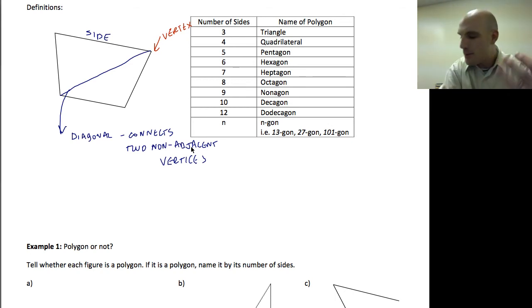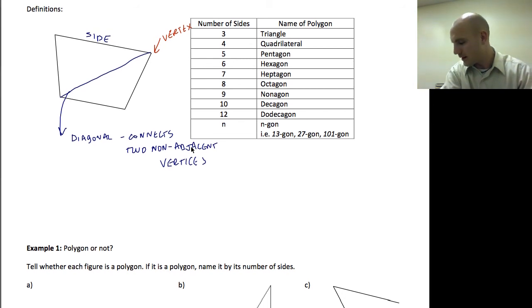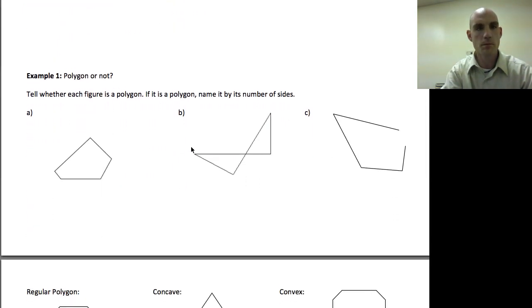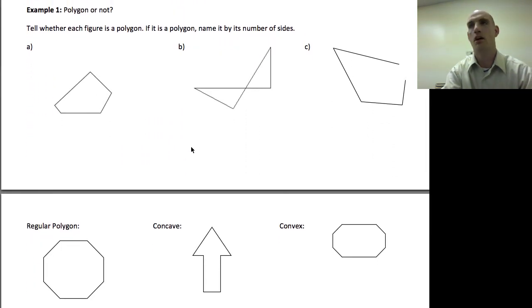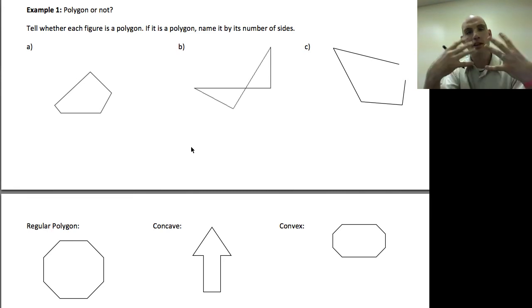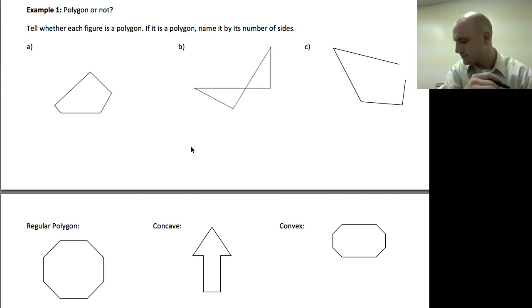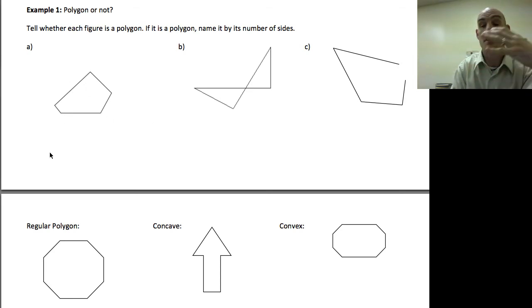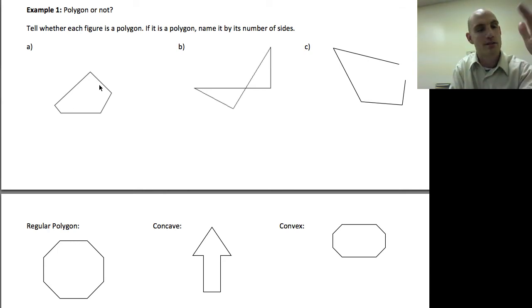And so we need to come up with a definition for polygons. All right, and so the definition of the polygons are closed figures with segments as sides that connect at the endpoints with non-overlapping sides. Okay, so if we're looking at this first one here, seems to have segments as the sides, it's closed, it has these vertices, it has sides, we could draw in diagonals, and so what I'm going to do is I'm going to name these vertices,